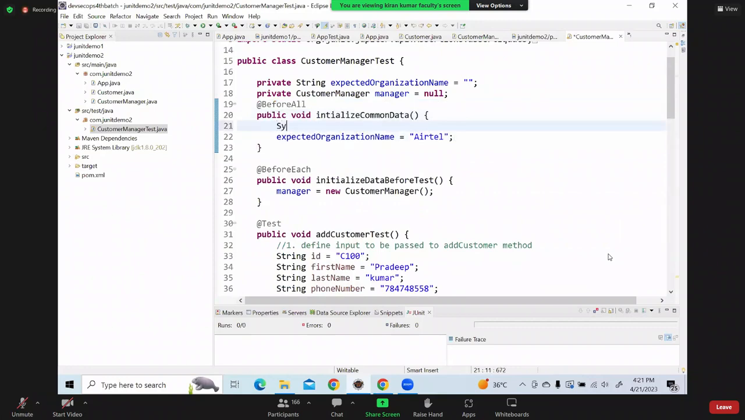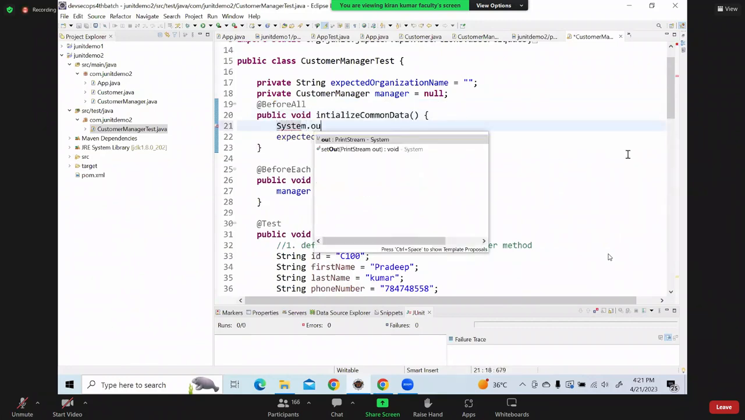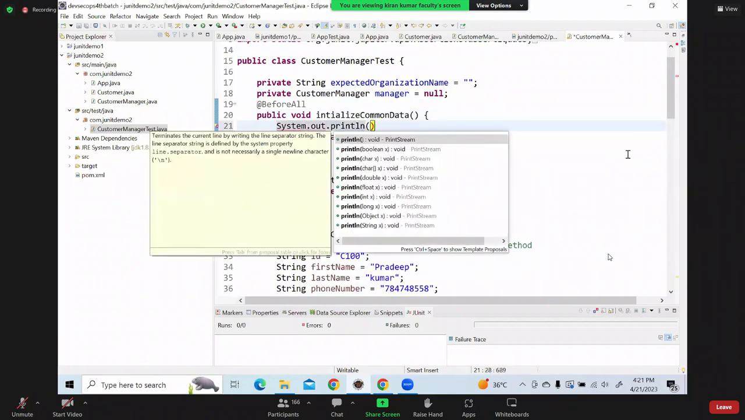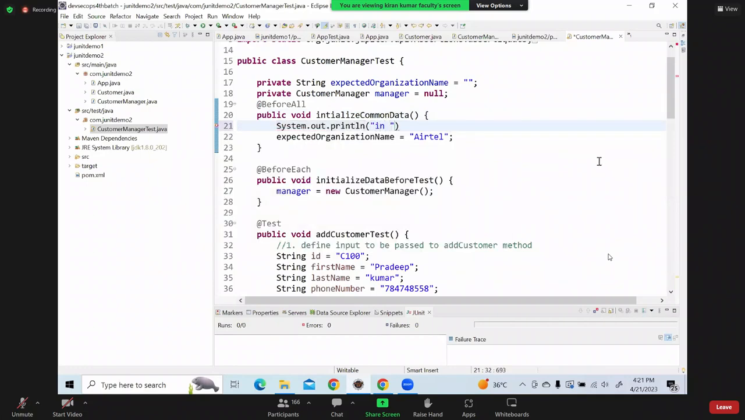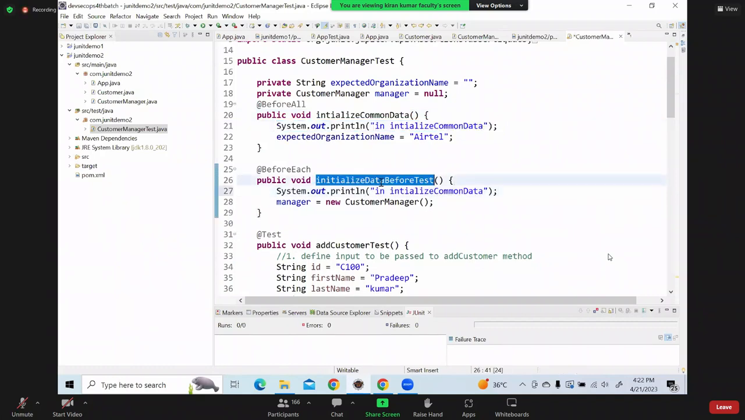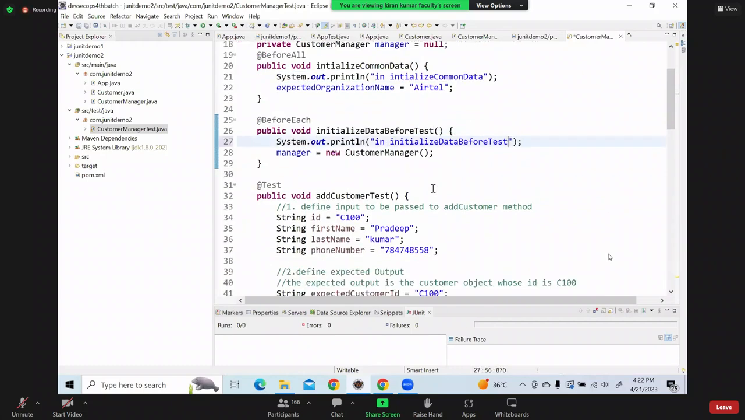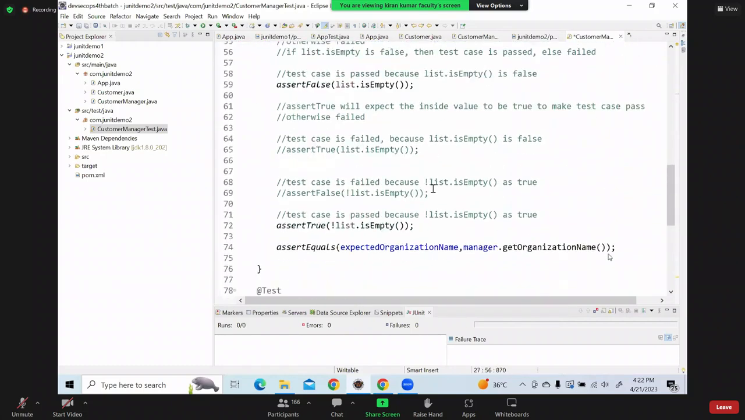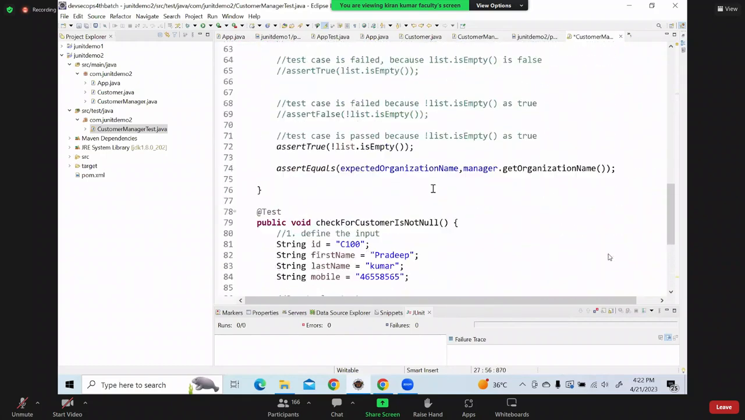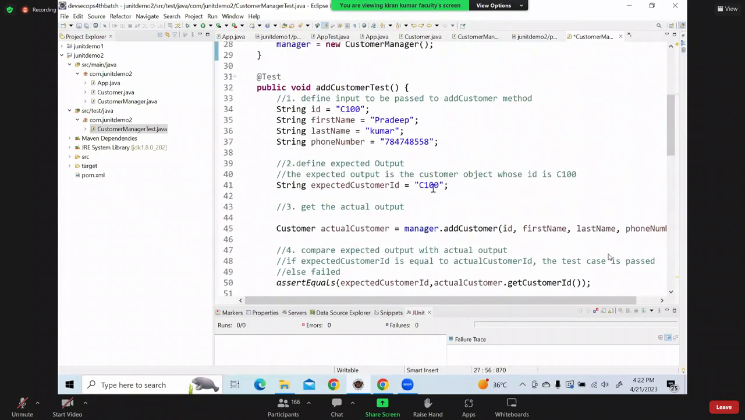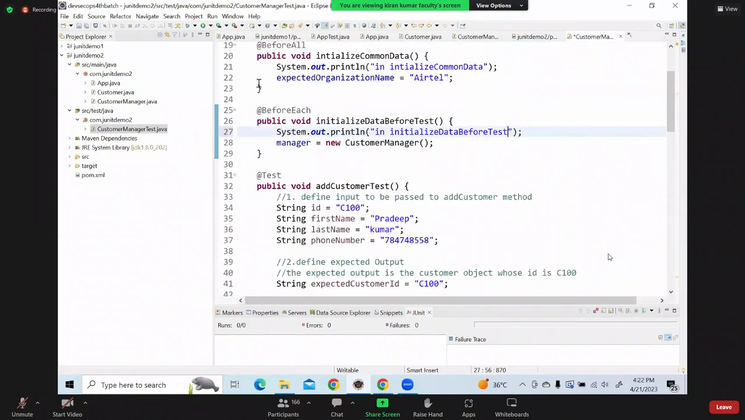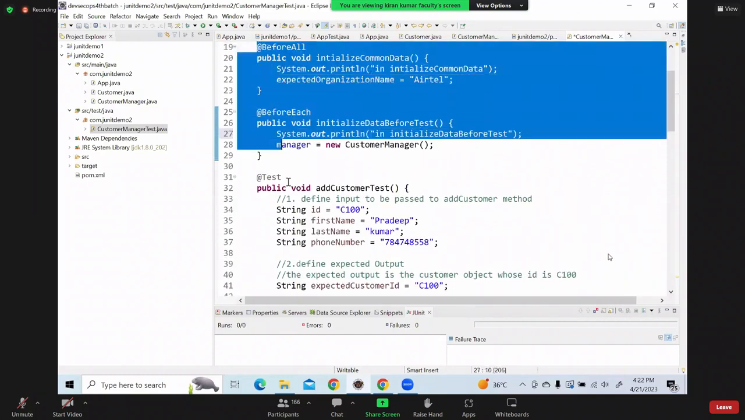System.out.println, in initialize common data. Next here, in initialize before test. Then what I'll do is I'll add one more. If you see here,